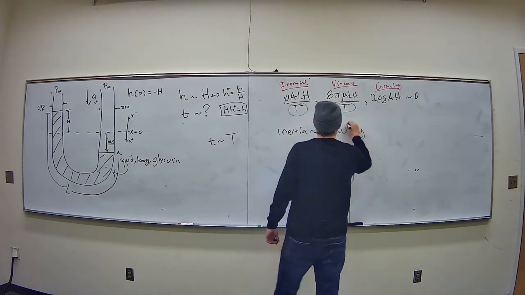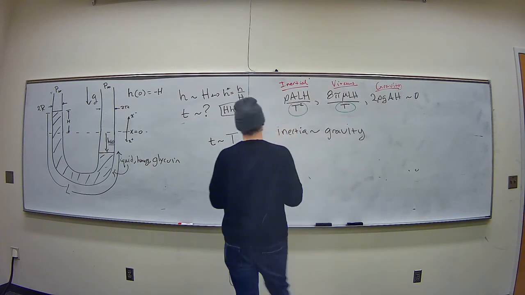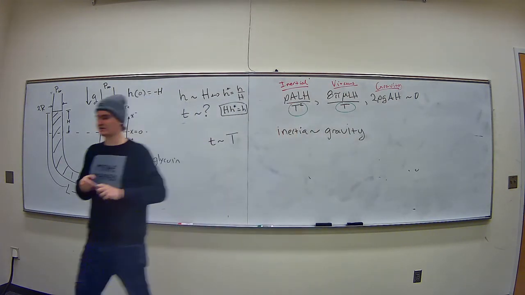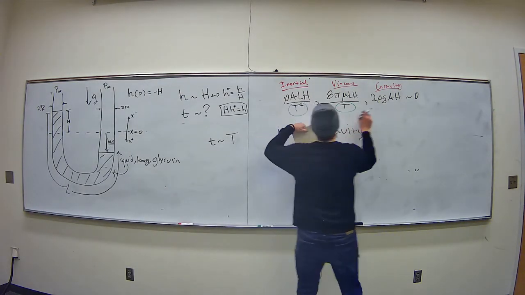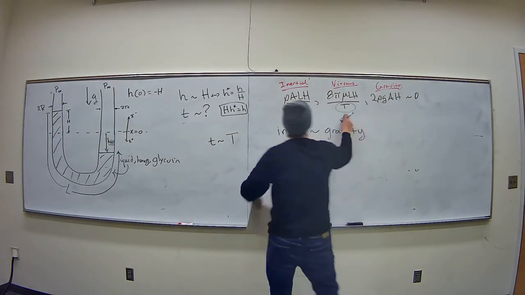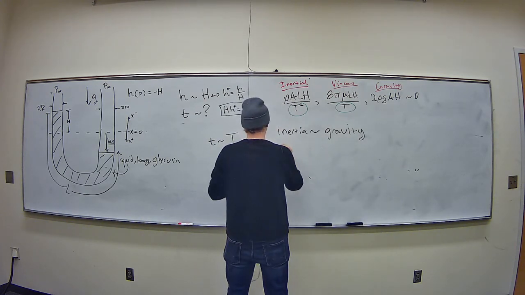I can look at what is the case when the force of gravity balances the force of inertia. What does it look like if it is just F equals ma? These numbers are about the same size, while this one I know to be much, much smaller. Okay, you could also do